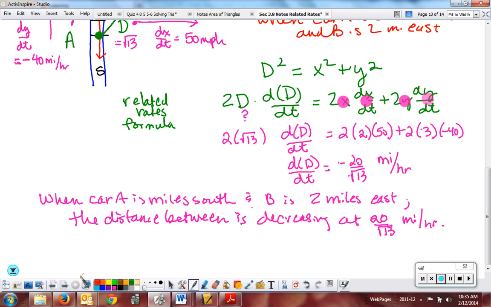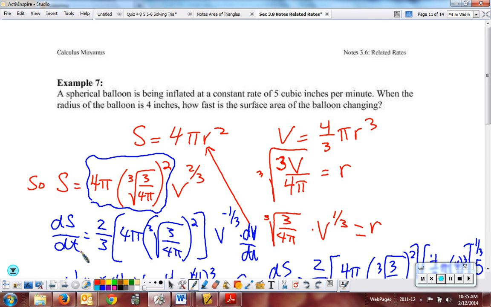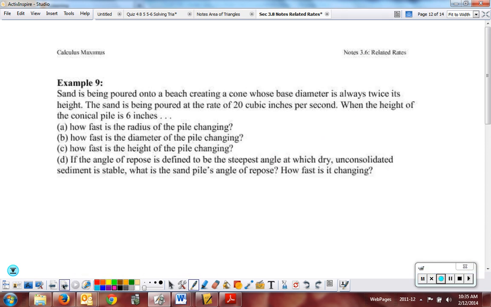This one's long. The sand problem. Lovely, lovely sand problem. Yeah, they like to pour sand and make all sorts of figures. I'm going to draw my picture up here so I can save some space. Here's my little cone. Make it a little shorter. Here's my little cone of sand